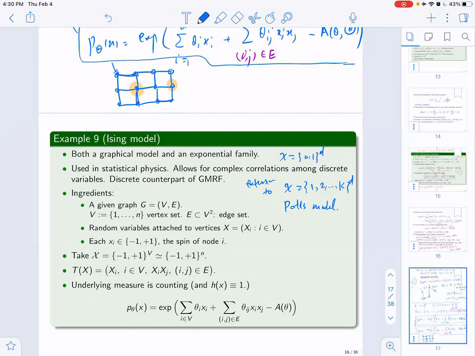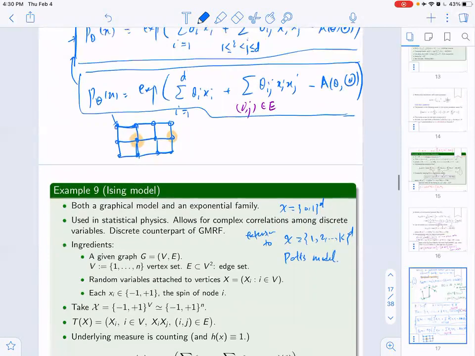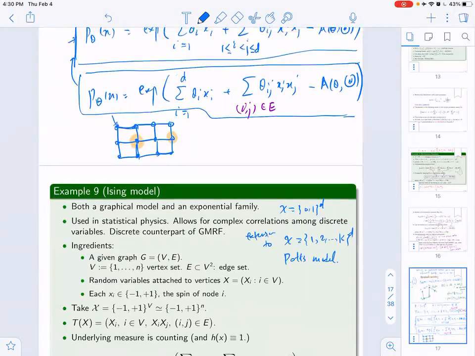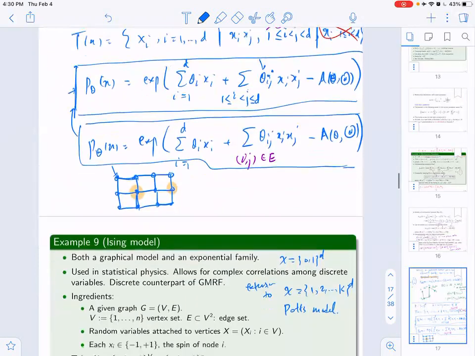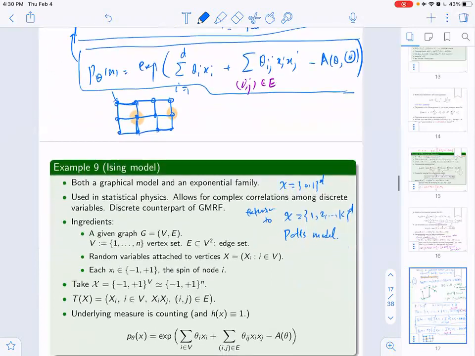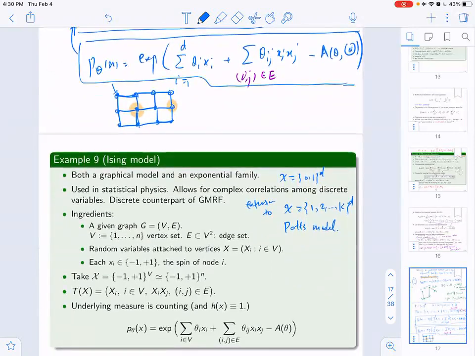Questions, comments? Professor, previously we could ignore the x squared term because we said that 0 times 0 and 1 times 1 is itself. In the generalized model, would we have to bring it back since we have different terms now? Yeah, that would be great. So just think about it. It's not going to be